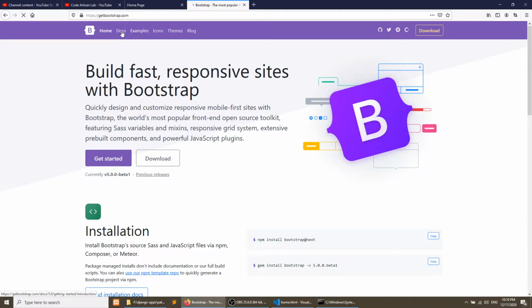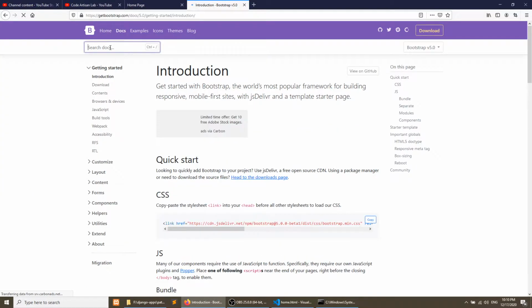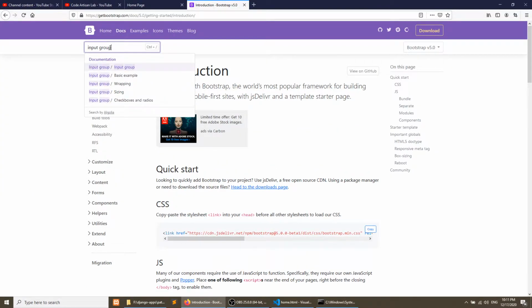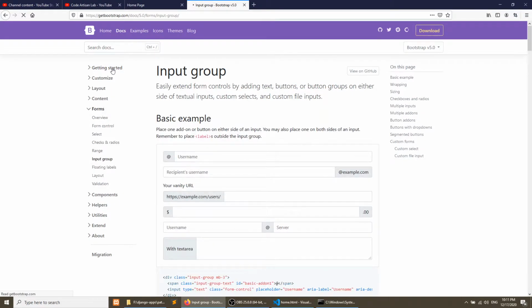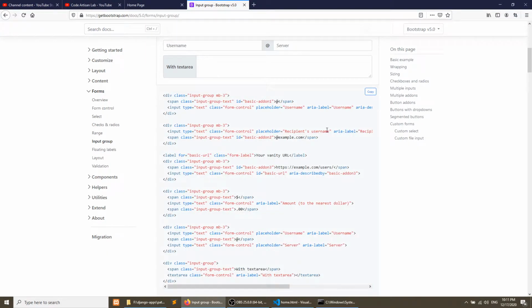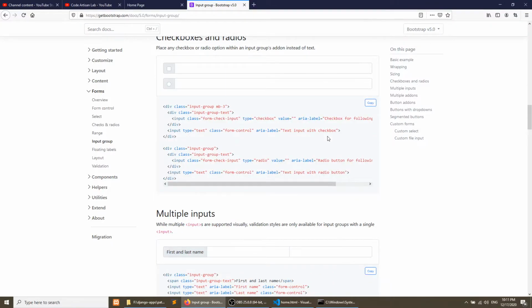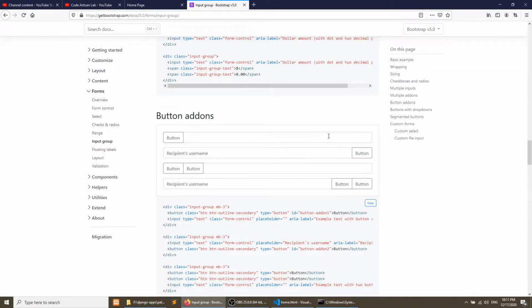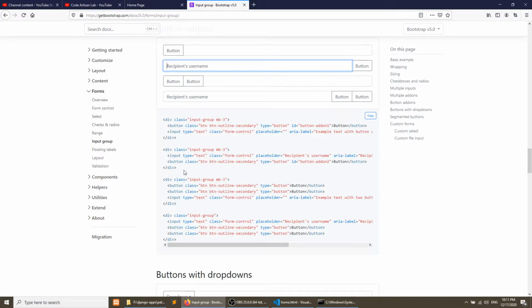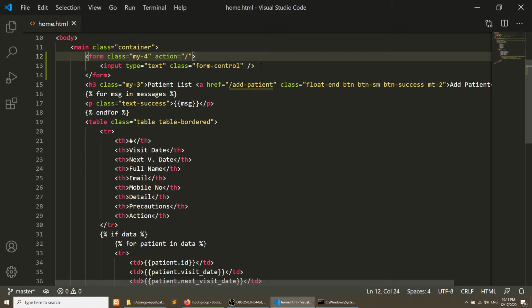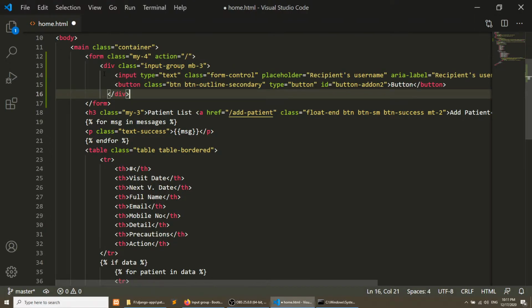So I'll create the input group actually for the search form. We will see what is input group and how it will show. So I will create the search form like this. I will copy this div and paste it in the form.